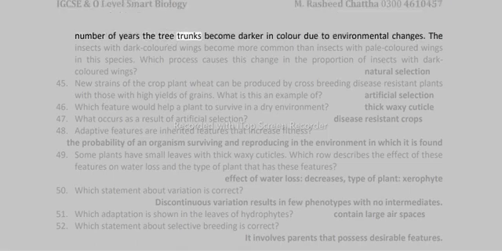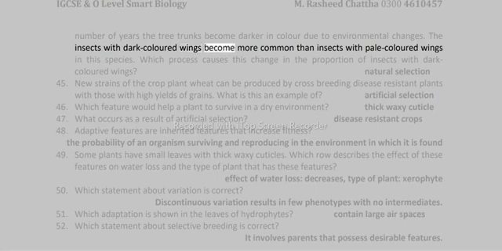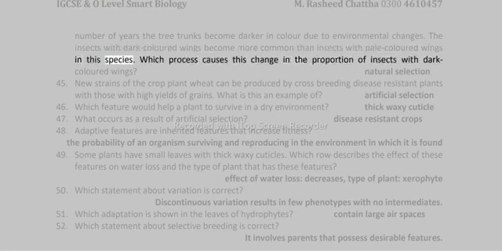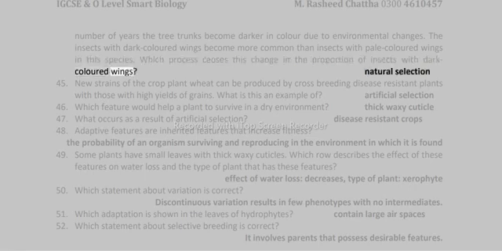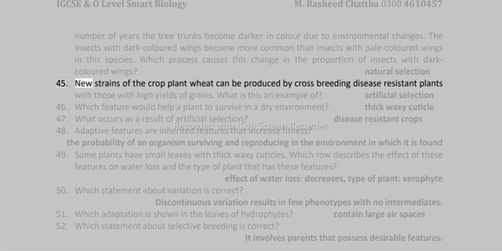number of years the tree trunks become darker in color due to environmental changes. The insects with dark-colored wings become more common than insects with pale-colored wings in this species. Which process causes this change in the proportion of insects with dark-colored wings? Natural selection. Question 45. New strains of the crop plant wheat can be produced by crossbreeding disease-resistant plants with those with